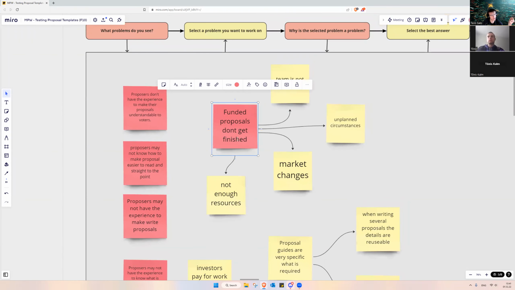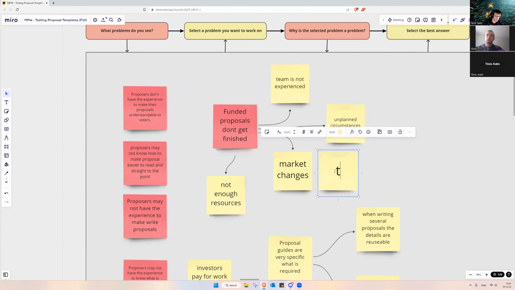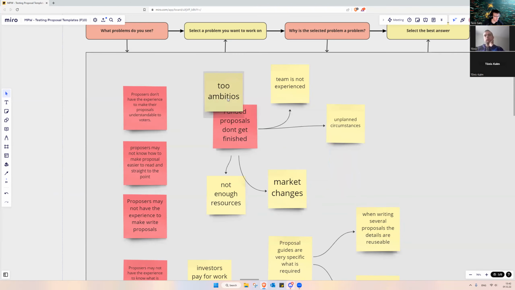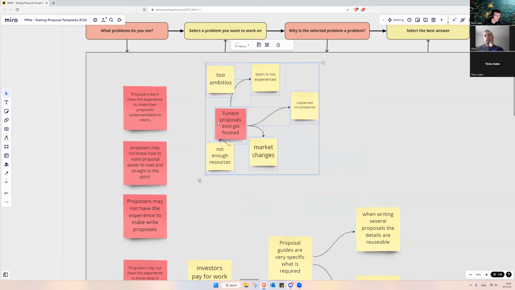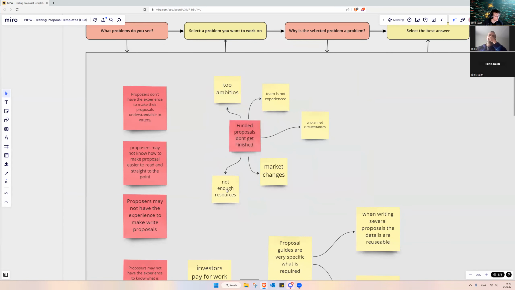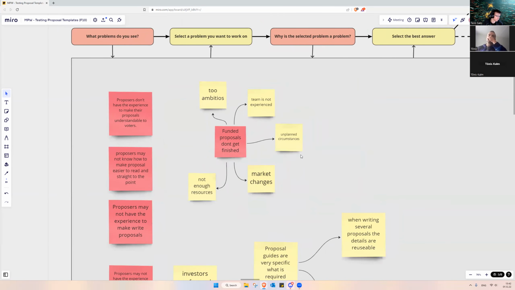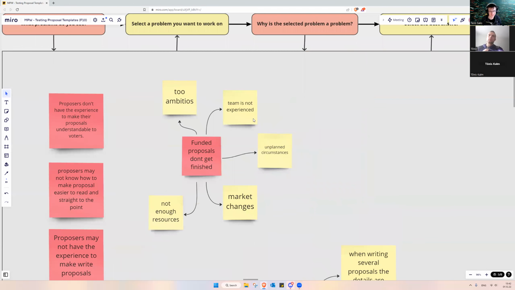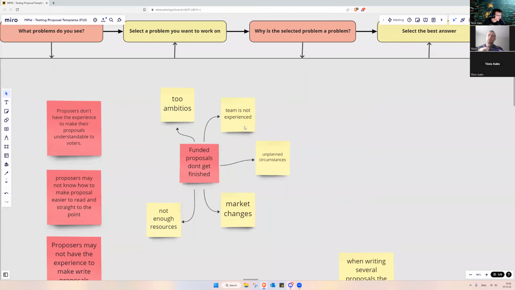Okay, so the problem is that funded proposals don't get finished. I think this is actually not a problem when I now start to think about it. It's fine if some ideas are too ambitious, and let's fight that out. And I think it's even fine that the team is not experienced. So it's like educational, a test of waters to grow up, or in a way scale as a human person. But the problem is that